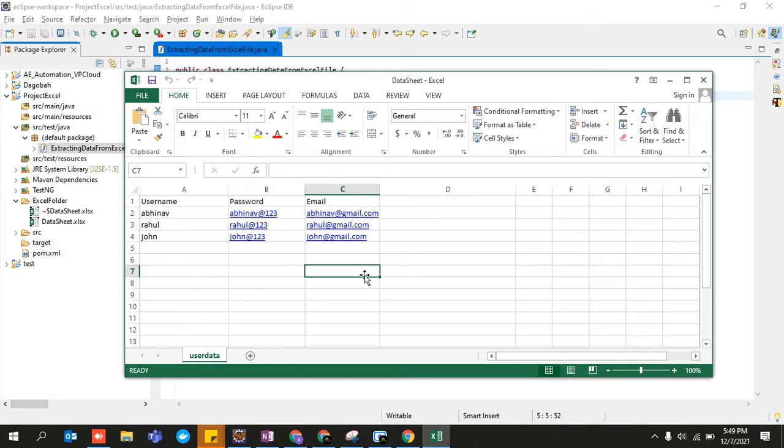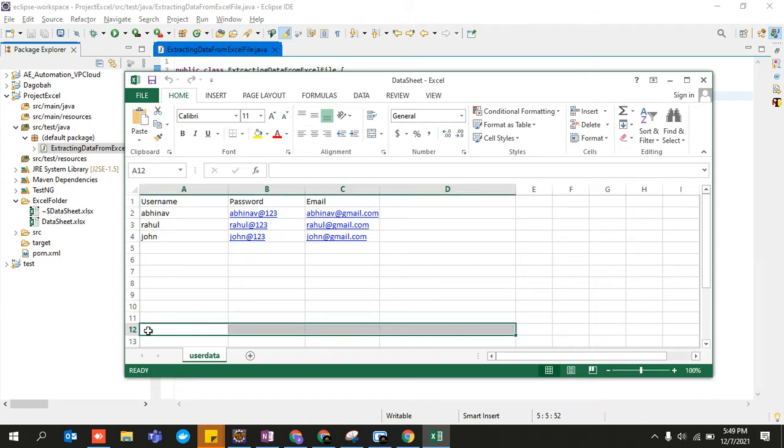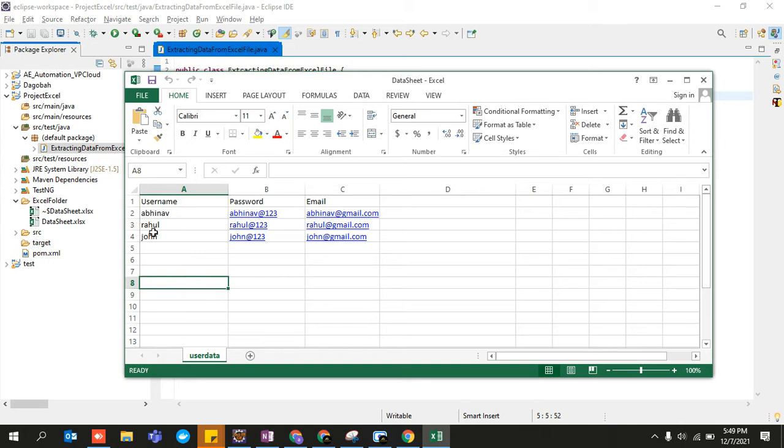and inside three columns, column A, column B, column C. So for this Excel sheet, first of all you need to find how many rows there are and how many columns there are, because then only you would be able to think about how much data you have to get. Let's say if there were data till here, then it means that there were 12 rows, so you have to get data for 12 rows and 4 columns. But currently over here we have data for 4 rows and we have to get data for 3 columns.